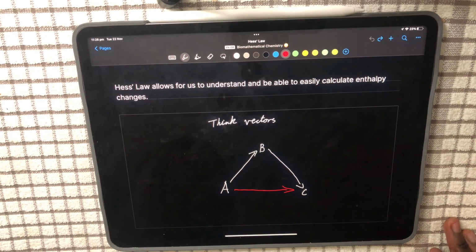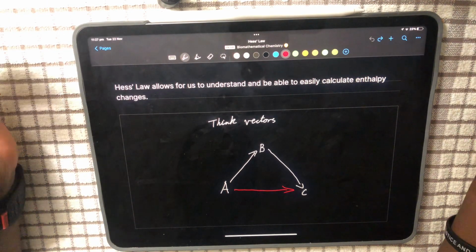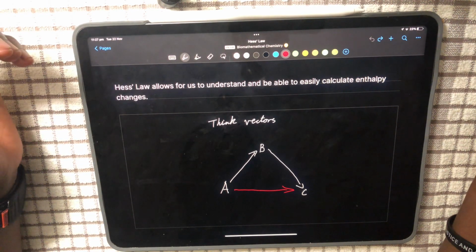Today I'm going to be doing a video on Hess's law. Hess's law allows us to understand and easily calculate enthalpy changes. So I've got an example here. When you think about Hess's cycles or enthalpy change, I'm going to go to Hess cycles later on, but the idea of Hess's law is that